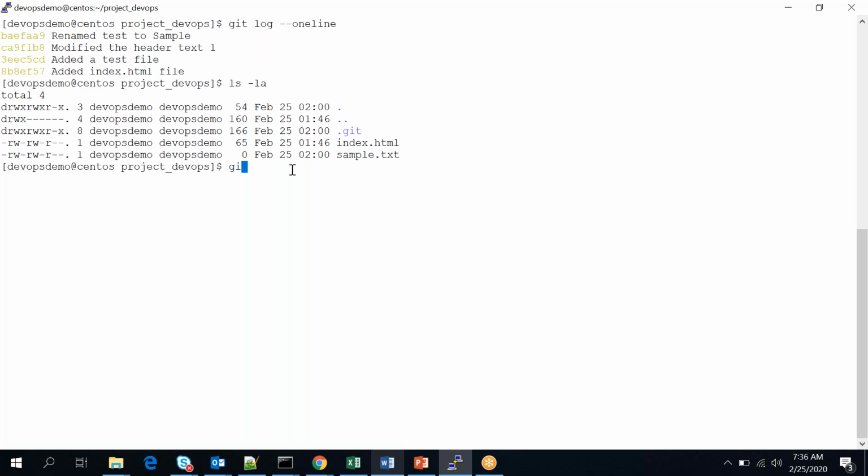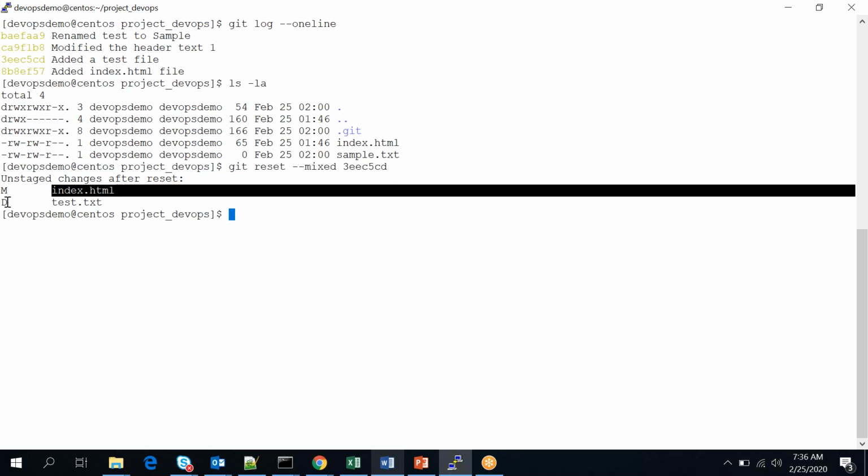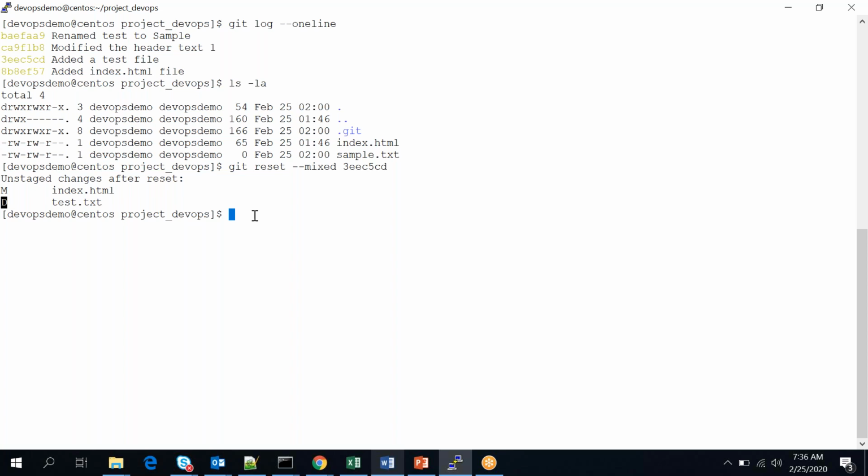So hard reset is not usually recommended. So you usually go with the git reset hyphen mixed option. And I want to go back to this particular commit ID. Let's do that. Okay. You can see that it is saying unstaged changes after reset, modified file index.html, and deleted file test.txt. So if you want to go and check the git log one line,